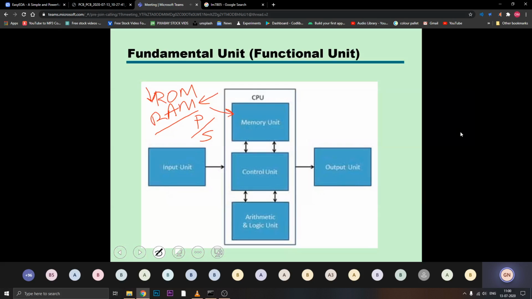Okay. Next one, let's go for the arithmetic and logic unit. Now, the arithmetic and logic unit is made up of necessary logic circuits. For example, you can have an adder inside it. For example, you have a multiplier inside it. For example, you have comparators inside it. Okay. So logical calculations means where you can use AND requirements, OR conditions.